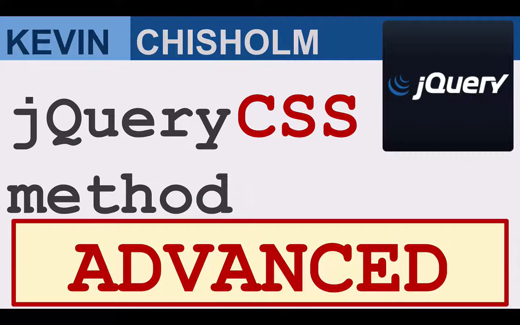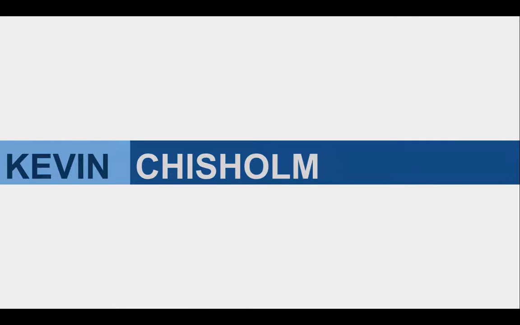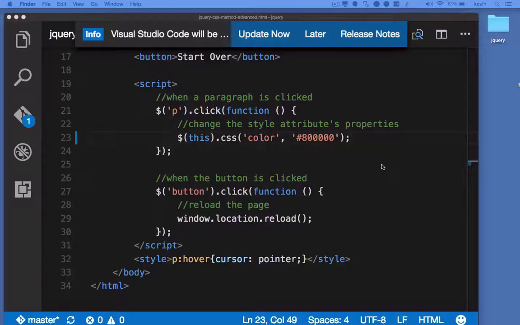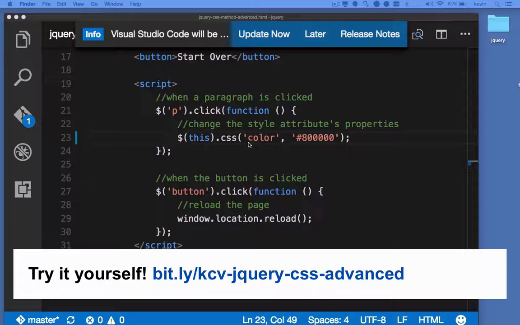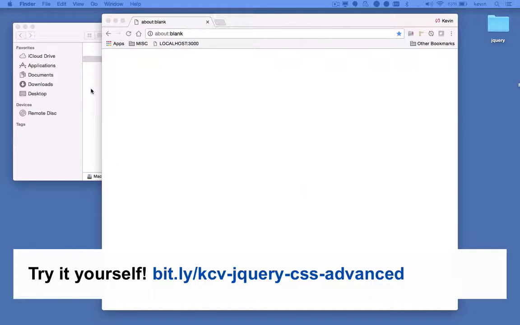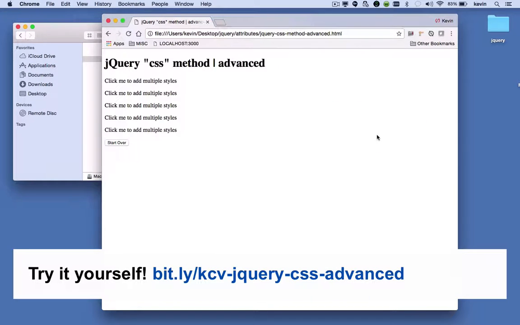In this video, you'll learn some of the advanced features of jQuery's CSS method. The jQuery CSS method allows you to change one or more CSS properties of a DOM element. And here I'm changing the color to the hex value 800000. And so if I just drag that into the page and click any one of the elements, the color changes,